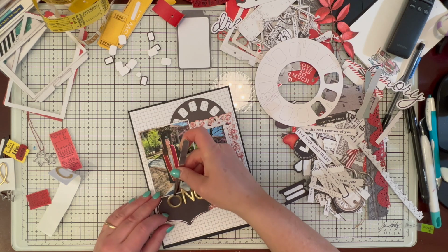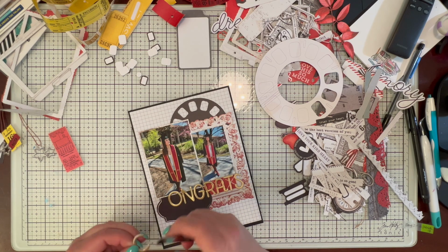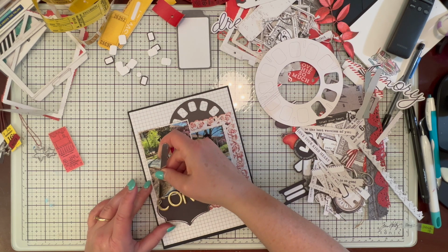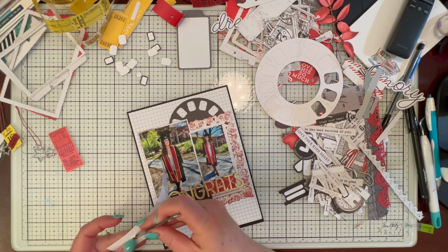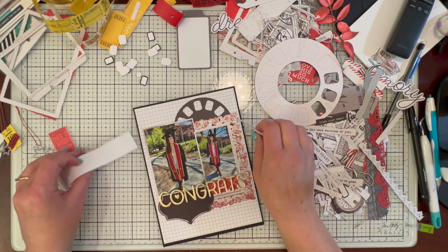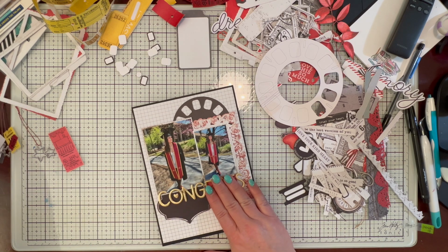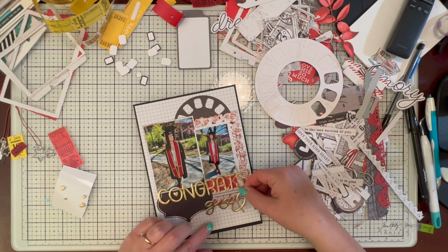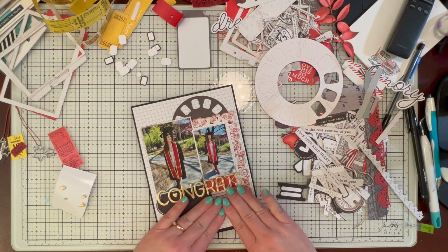So don't hesitate to look through everything that you have in your collection to see if it works. Even though this was from a baby collection, it works fantastic on this. So I get my title on there and get it spaced out, and then I will add the matching girl from the same thicker set and get that listed down there below. And then I believe